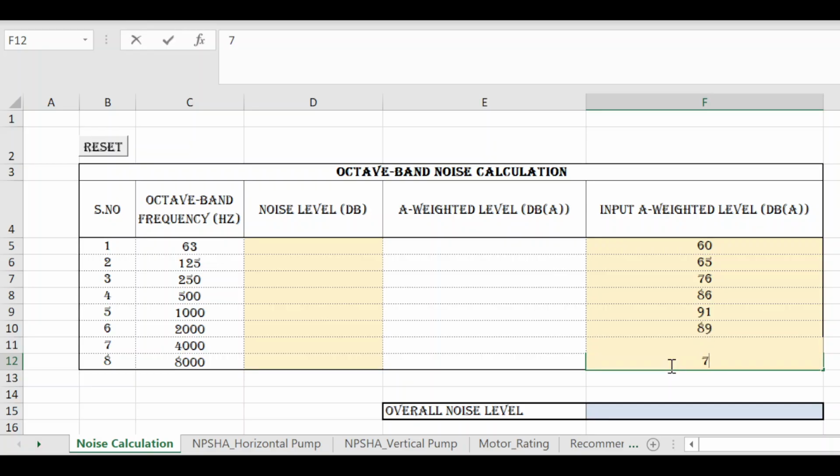Once I enter these, the sheet automatically sums them using logarithms. No manual calculation is needed. The overall noise level is shown right away. This approach is useful when the vendor provides A-weighted data directly. So depending on the data you have, you can choose either method. If you have octave band noise levels,